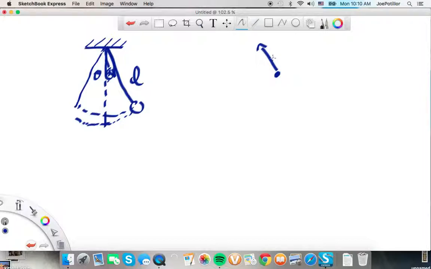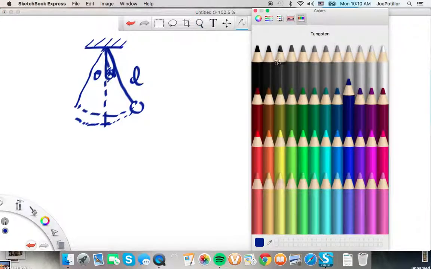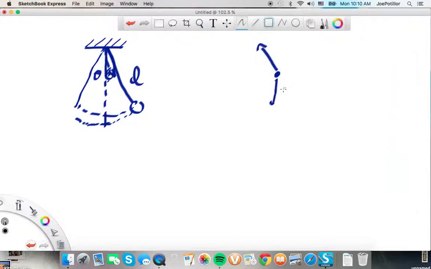And then here we have weight like this. And if we break it, we have weight here. We have tension of the rope or the string like that. It can be rigid or non-rigid. And of course, if we break it, and this is the angle theta,